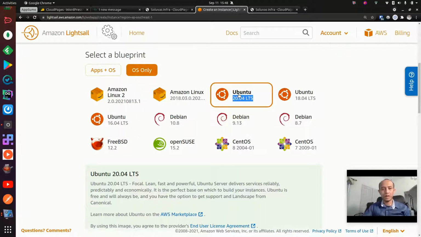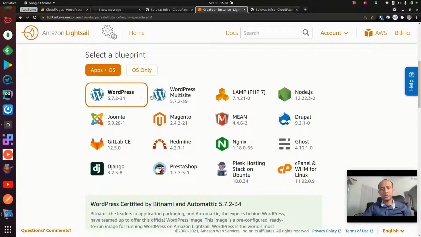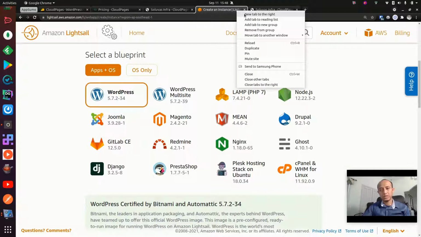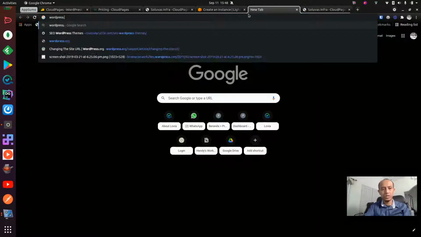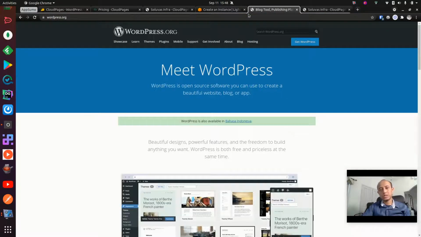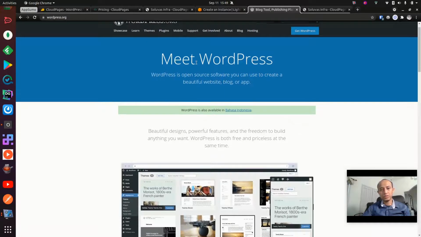one required by CloudPages. Now you may be asking, alright, Amazon already provides a WordPress blueprint. Why do you need CloudPages? Why don't you just use it? Okay, first, if you noticed, this one is WordPress 5.7. So if you see in the WordPress website and you check